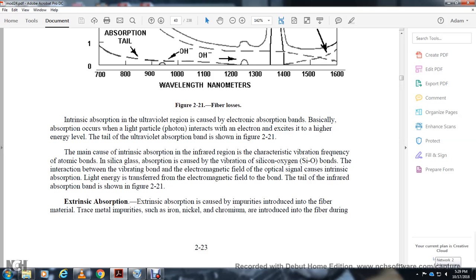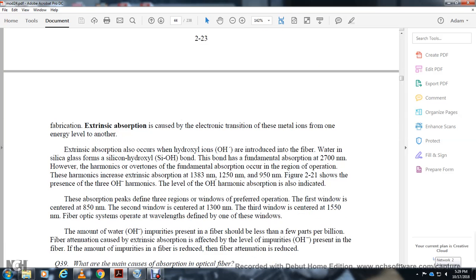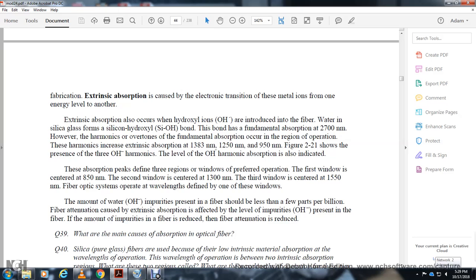Extrinsic absorption is caused by impurities introduced in the fiber material, trace materials such as iron, nickel, and chromium, introduced into the fiber during fabrication. Extrinsic absorption is caused by the electronic transition of the metal ions from one energy level to the other. The extrinsic absorption also occurs with the